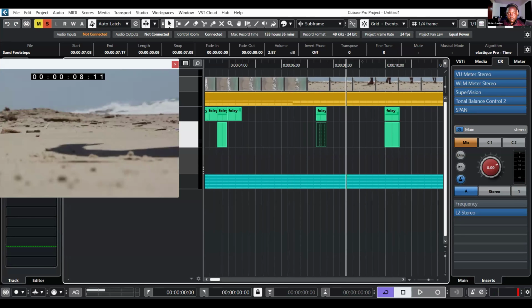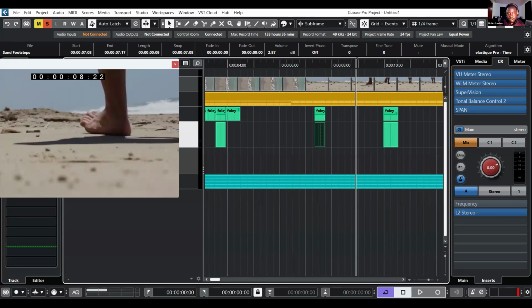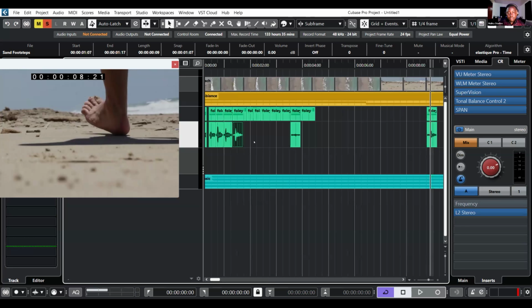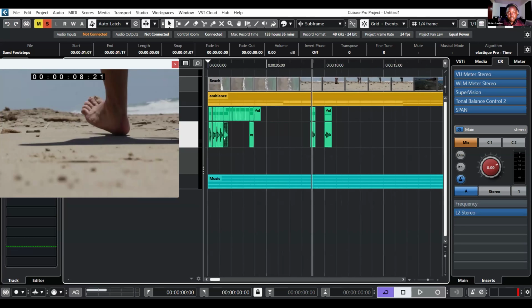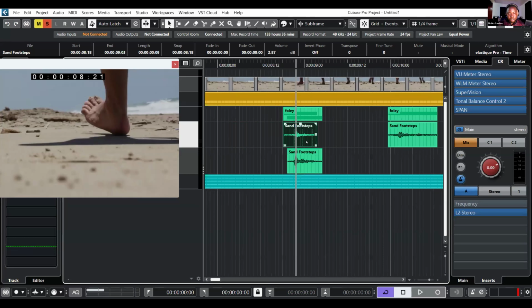I see his shadow, but let's go like that to the point where the foot makes impact right there, and drag and drop that sound there. And I'll get some of the other sounds because I need to create variation. He's closer to the camera. Yes, I think I'll start with a strong foot, and then